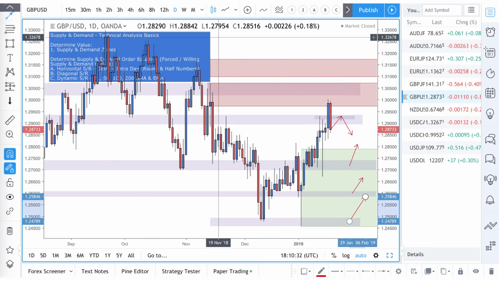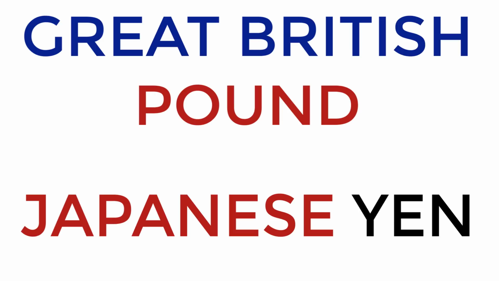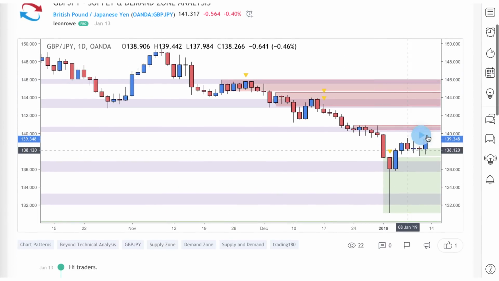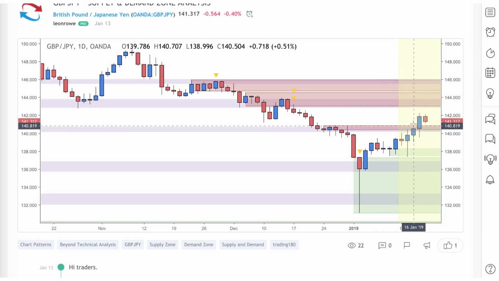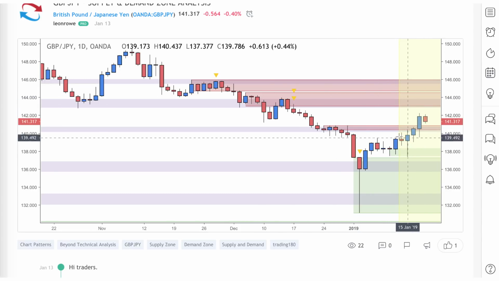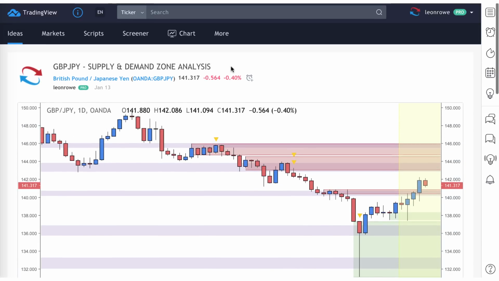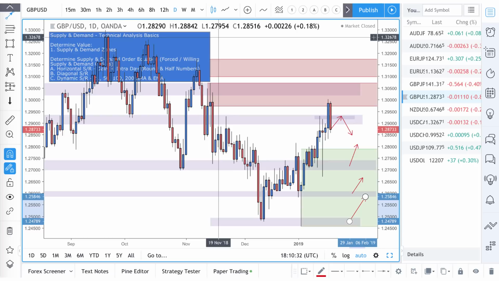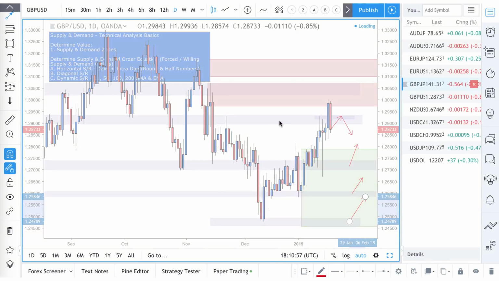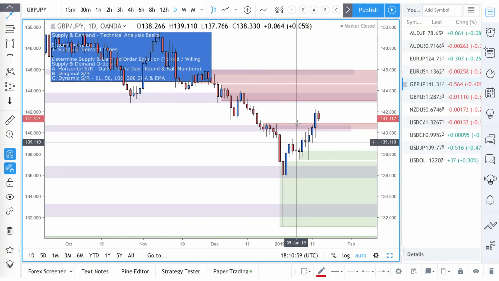So moving on to the pound yen, and what did we have last week? Again, prices didn't necessarily respect this supply zone. Traders didn't see this as a bargain, but we did create some more demand within this area. But with risk being potentially off for the pound,